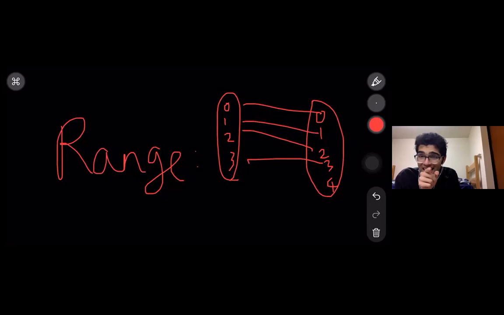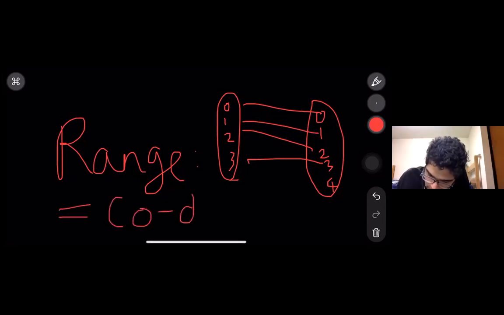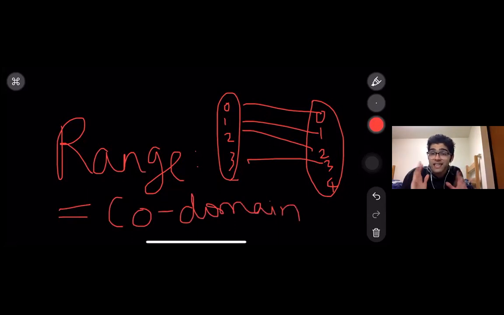What will happen if my range is equal to the codomain? What happens if the range is equal to the codomain? Venkat is saying if range is equal to codomain, then the function is one-to-one. No, this function here is one-to-one, but we don't have the range equal to codomain. Very good. If the range is equal to the codomain, then it means that the function is onto, because then every number in my codomain is part of the range. What is the definition of being part of the range? It means it has a partner. Somebody over there is bringing the function to that. So for an onto function, the range is equal to the codomain.